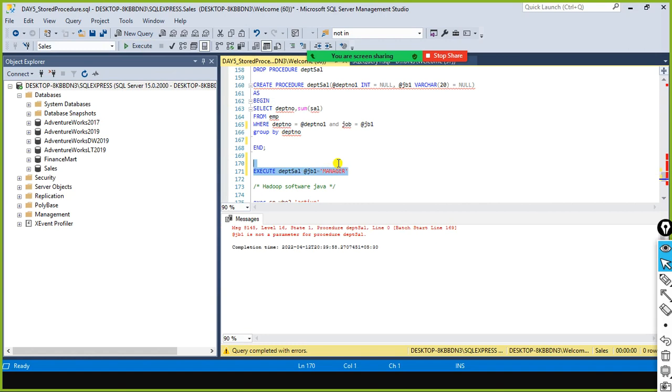Is not a parameter for, okay, it is not considering at JB1 as a parameter. So usually, right, the syntax is something like this. I just write the syntax now. You can have input and output parameters. You can have more than one parameter. You are supposed to have more than one parameter. Okay, here, yeah, obviously it should work. Here in this case,